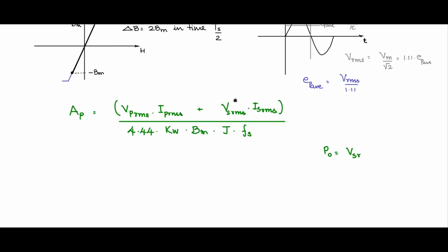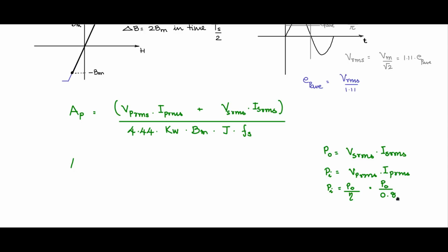We will call this power P naught. So for the transformer, this is P naught, V secondary RMS into I secondary RMS, all sinusoidal quantities, and Pi is V primary RMS and I primary RMS. Pi we can say is P naught by efficiency, and generally the efficiency of transformers is much higher than 80%. If we take a conservative, worst case value of 80%, then we will be rating the primary for P naught by 0.8, and that is very, very conservative.